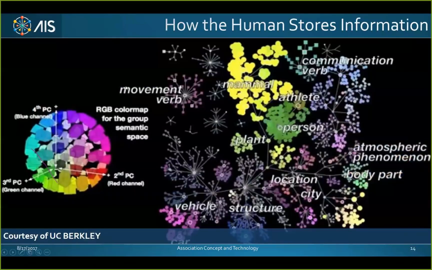So how does the human brain actually work? Well, this is courtesy of UC Berkeley. This is how everyone's brain on this planet works, including animals. All mammals basically work the same way. Strangely enough, reptilians do not. But mammals work this way. You'll see there are clusters of information that are essentially associated with one another. At the top you'll see the yellow area, which is mammals. Below that is person, and then a movement verb on the left. But you'll see that the yellow is basically double the size of the people.